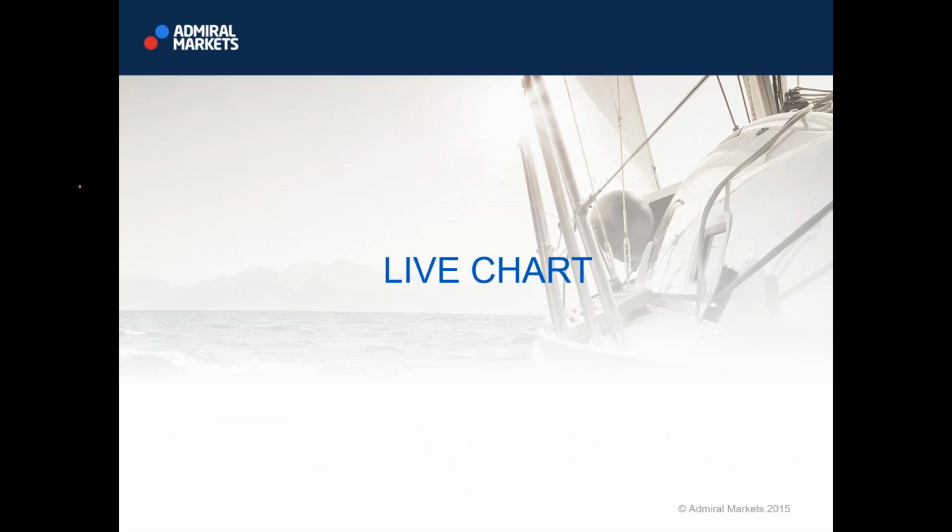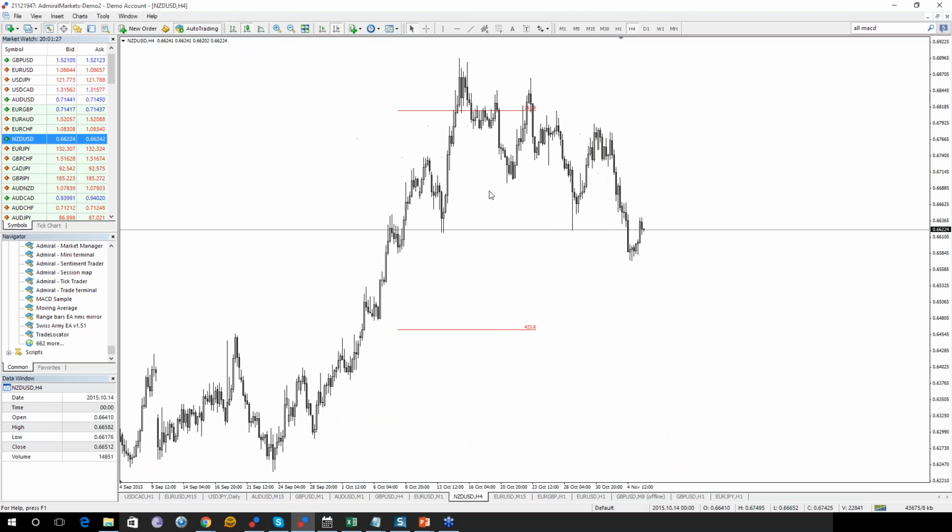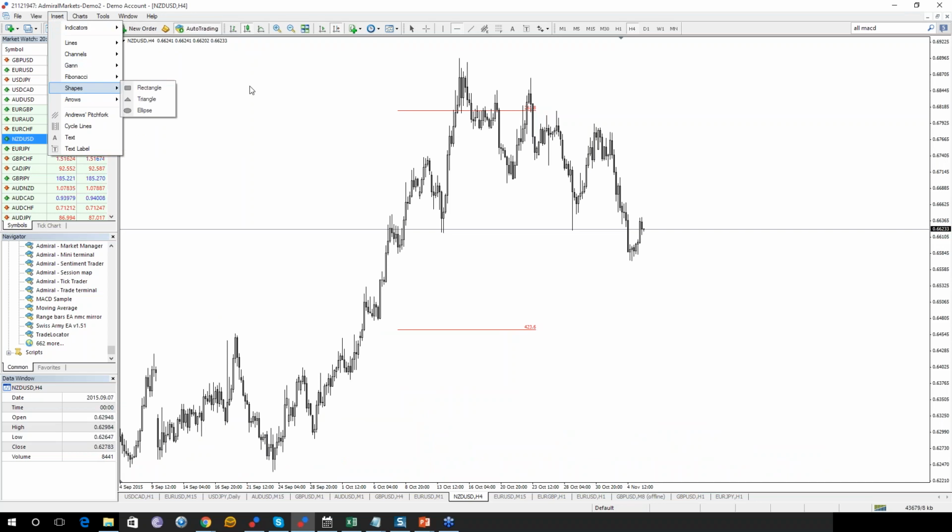And now I can show you a live chart example. Let's say we can go with the New Zealand dollar. Okay, New Zealand dollar, for example, another good example. This was an uptrend. Look, a huge uptrend. Now, if you put Fibonacci retracement,